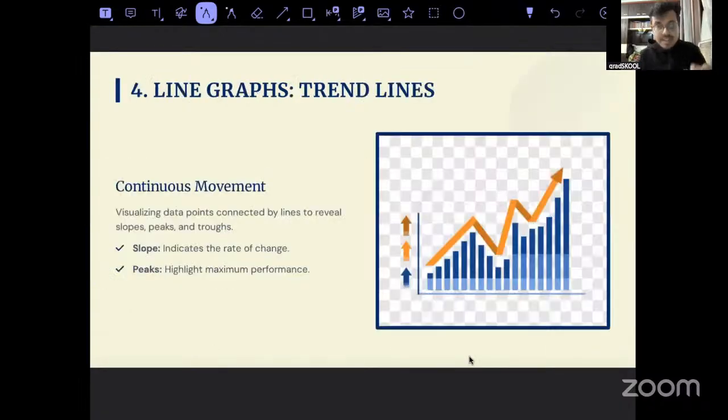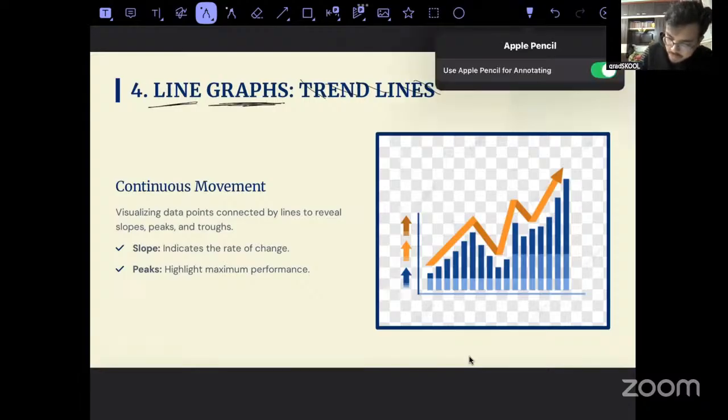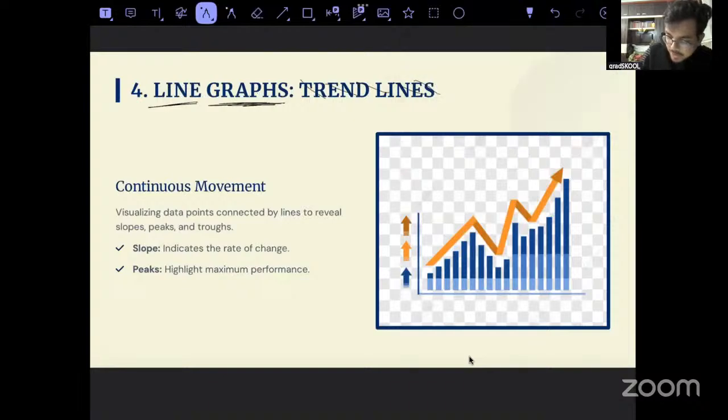So next is line graphs. What do you mean by line graphs? Not asking you guys. What's the first thing that will strike your mind when you think of line graphs? There are two words, line and graph. Don't look into this word right now, okay? Just think what is a line and what is a graph. Cool? What is a line? A line is something which has no endpoints. We can extend it to infinity on both sides.